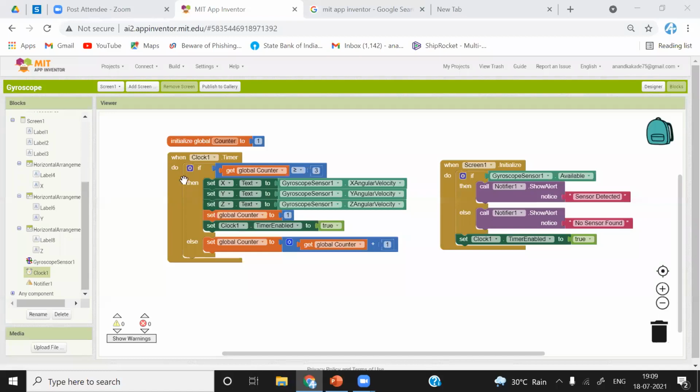You have to create your own delay using the clock. Whatever delay you want to generate in seconds, you can just increase this number. Suppose you want a delay of 10 seconds, you just have to give this number as 10. After 10 seconds, the values will be updated. Similarly for 15, 10, any number you can compare with the global counter.